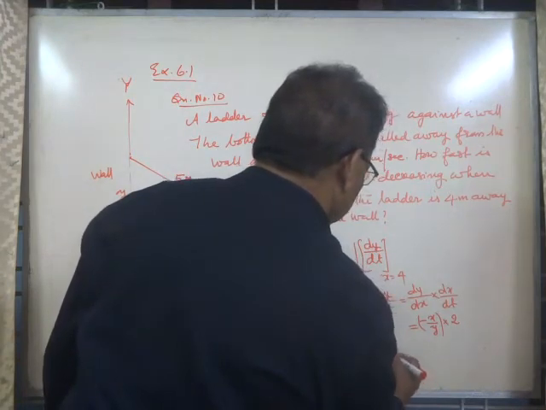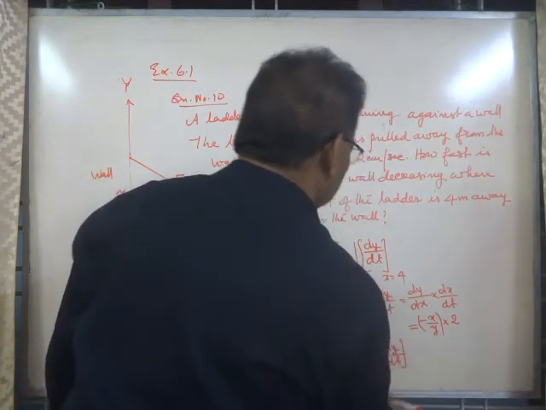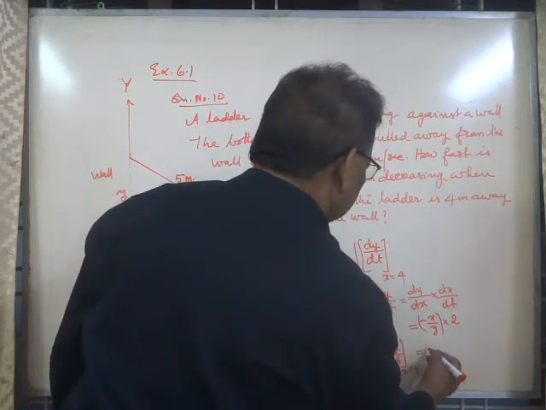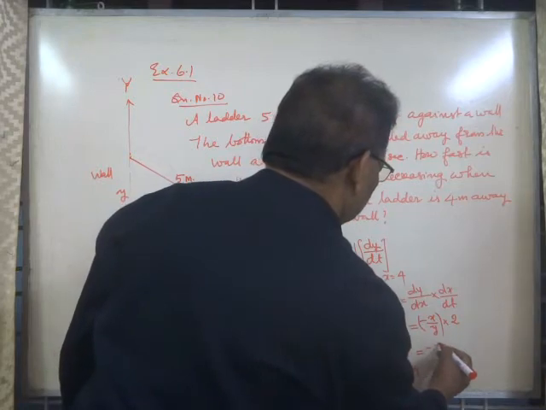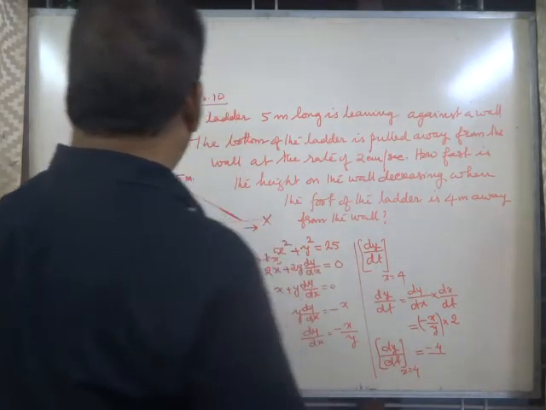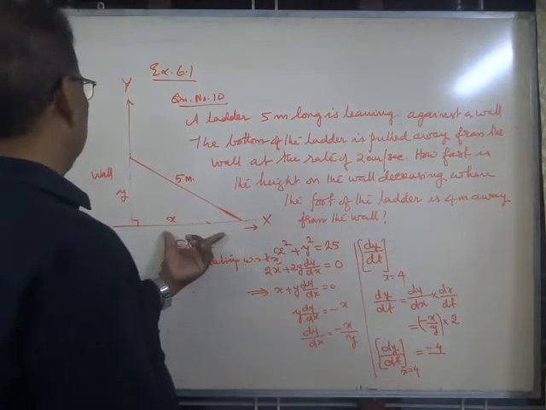We want to obtain the rate at x equals 4. That is equal to negative of 4 by, when x equals 4, when you put x equals 4, y will be